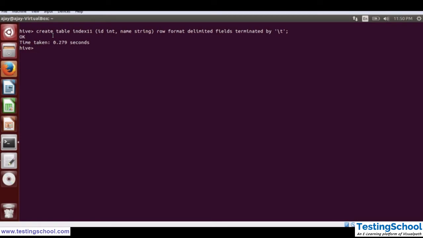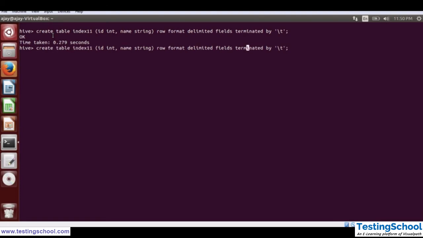Let's create another table so that we can verify how efficient it is. We will create an index on one table and we won't create an index on the other table, and we will execute our query and see the comparison results.